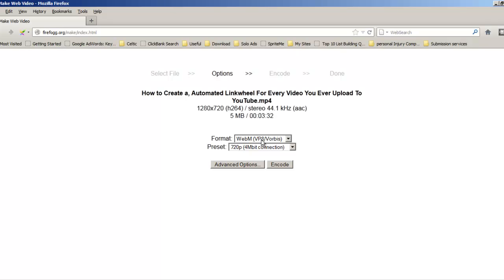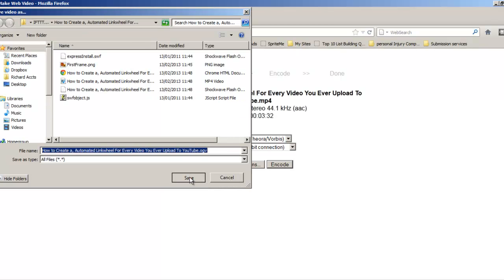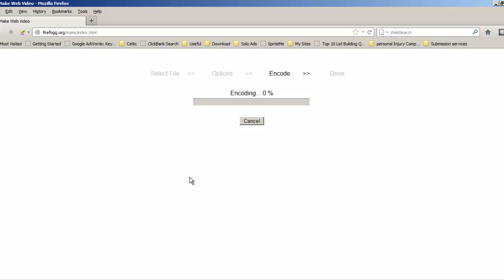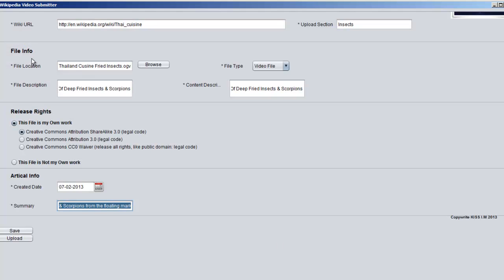and when we've selected the file, we've got two options here. Okay, this one format is very important. You have to choose this one that says OGG Theora. Okay, and I leave the preset as they suggested, but you can go higher. Okay, and you click encode, and it will go and find the file, and boom, it will go ahead and do that. Now once that is encoded, or once the file has changed over to an OGV file, then what we can do is go back over to the file info over here, find the file, which you can see I've already done,